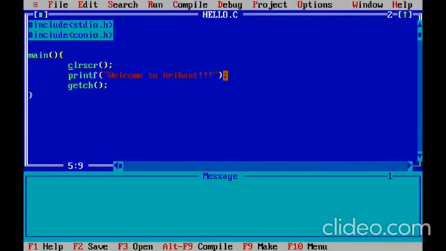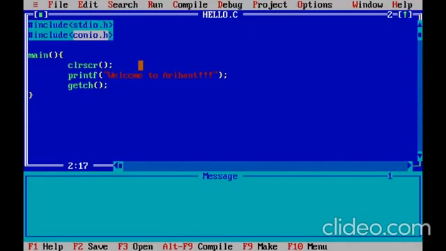For the time being, here we have included two header files, that is stdio.h and conio.h, that is the standard input output header file and the console input output header file. This is a preprocessor directive, which is compulsory if you are going to use any functionality of it. Then comes the main function. You have written the main function name, opening and closing brackets, and within the curly brackets we have defined the body of the function. Now here we have used the clrscr function, which has been declared in conio.h.